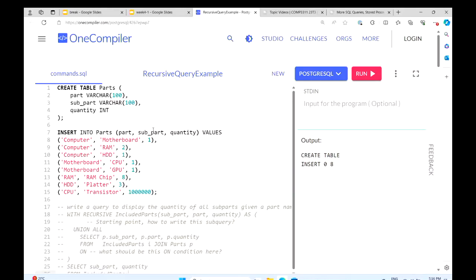And parts is used to store different parts of a computer. It is actually used to store the relation between parts and their subparts. So we have the name of the part, we have the name of the subpart belonging to that part, and we have the quantity of subparts belonging to that part.